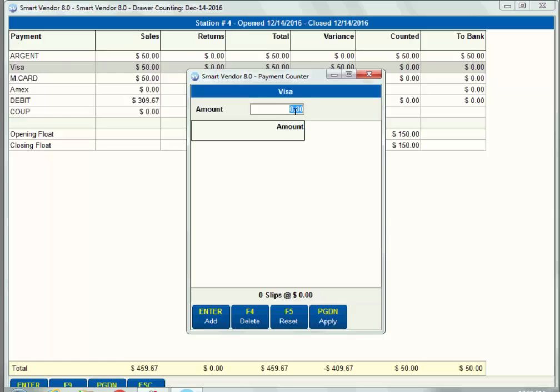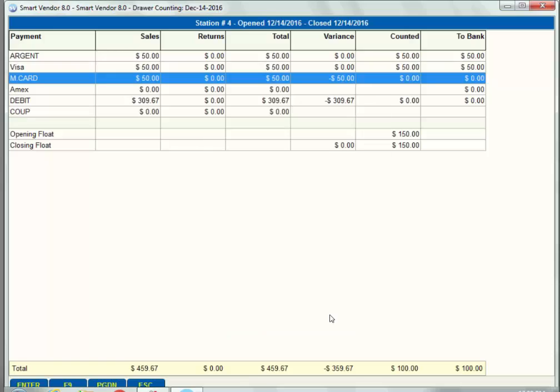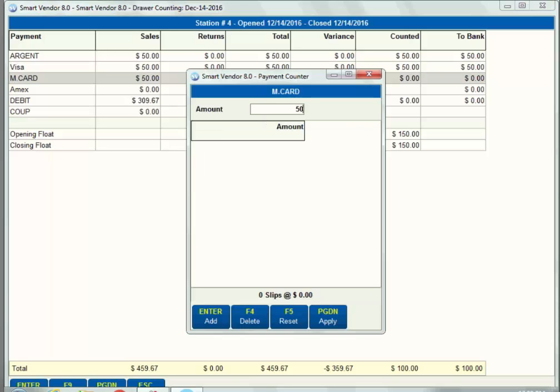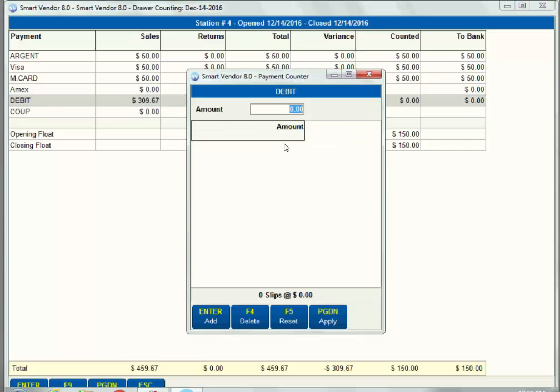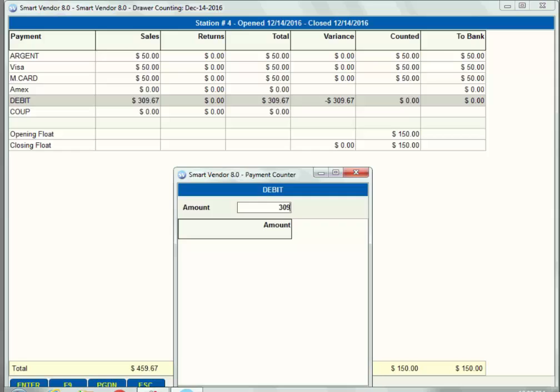For Visa, it should say $50. Enter and apply. For MasterCard, it should say the same thing, $50. Enter and apply. And for debit, we should have 309.67. Enter